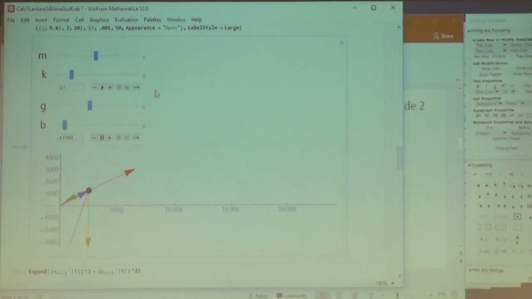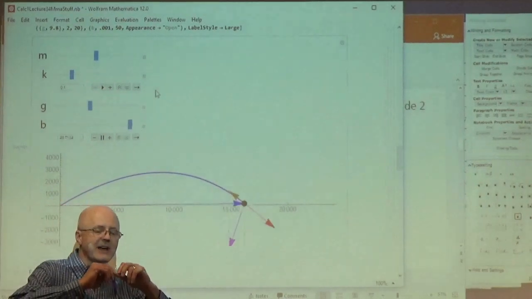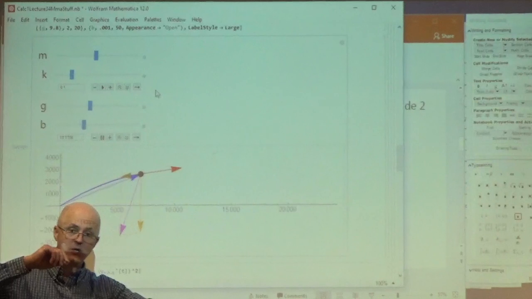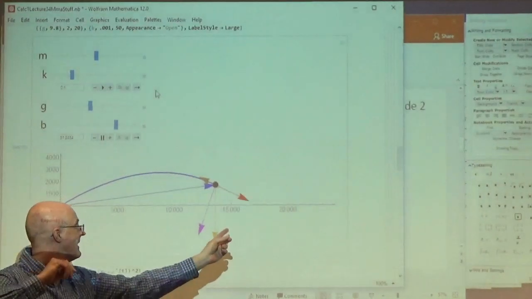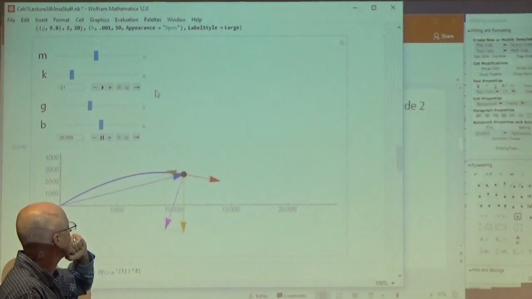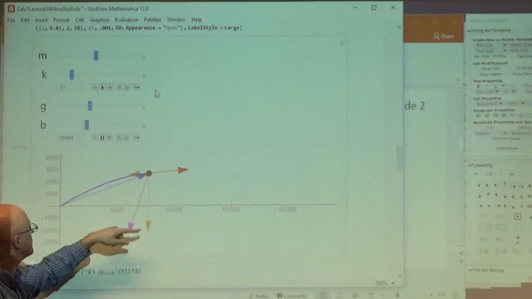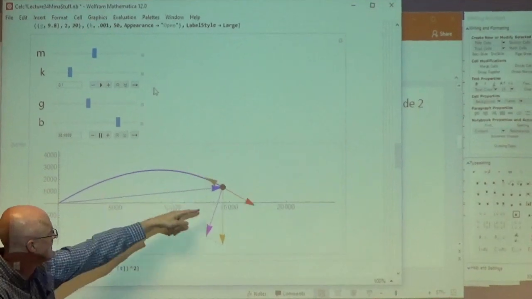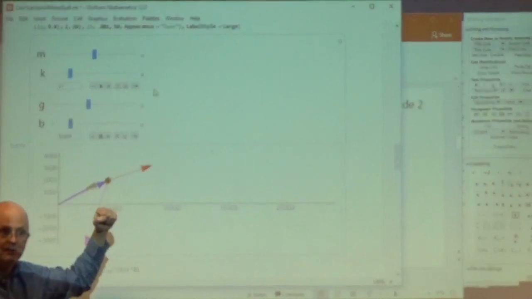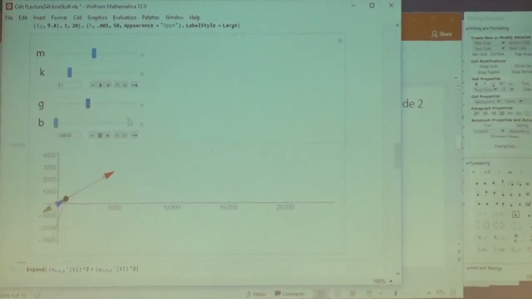And we see some vectors in there. The blue vector is the position vector. The red vector is actually not the velocity vector, but I scaled it up to make it longer so you can see it. And these other vectors are the forces scaled up higher than they actually are, so you can actually see them. The orangish one is gravity, the brown one is air resistance, and the pink one is their sum, the total net force. And if I increase k,